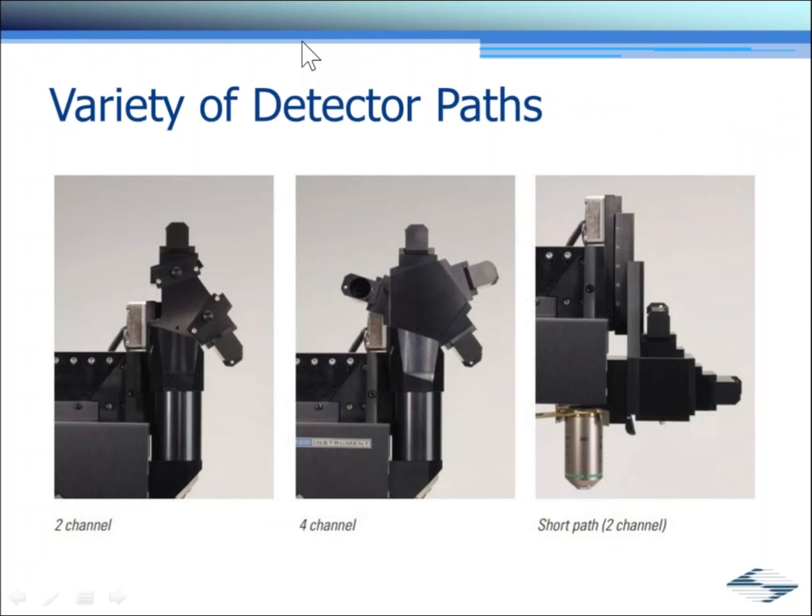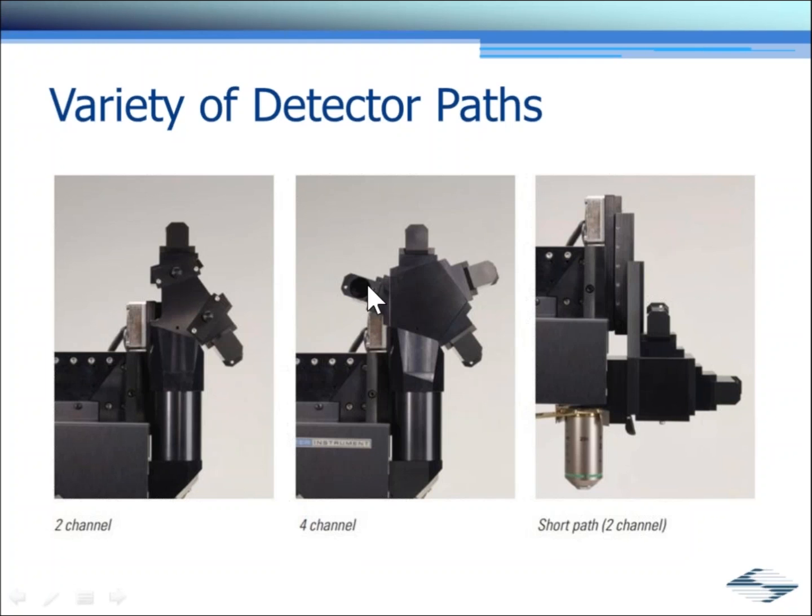Okay, and how can we mount those detectors on our microscope? Well, here are three detector arrangements. On the left-hand side, we see a 2-detector option. One PMT would fit right here, and the other PMT would be in this module right here. Filtering done here and here. And what you'll notice is that the objective is down below, just underneath this, and the emission light comes up through the tube and to the detectors. What's nice about this arrangement is that it leaves a lot of room open around the objective.